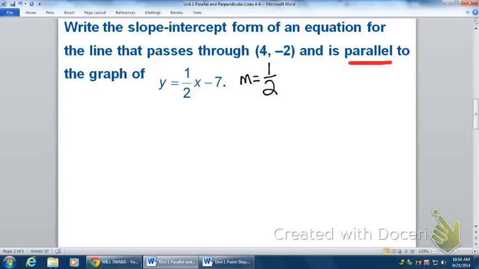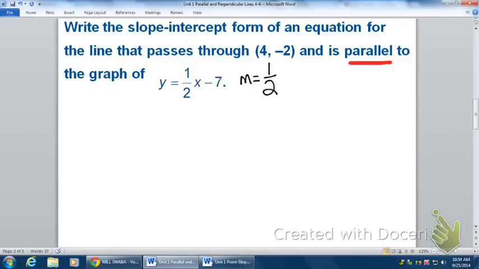Now, the only thing they're asking for is a different equation that crosses through that point (4, -2). So we can use our slope-intercept form to figure that out. We're looking for the b, our y-intercept. Couldn't you just change -7 to any number? So yes,